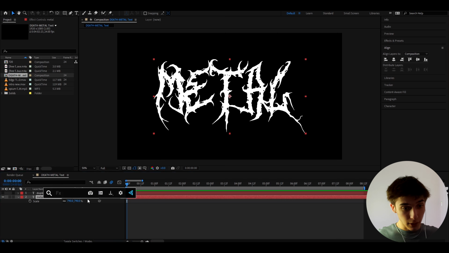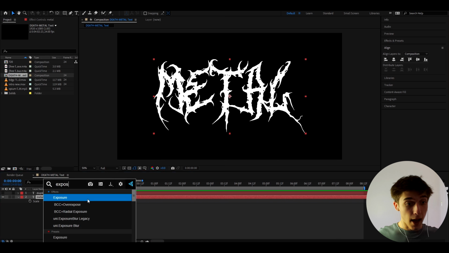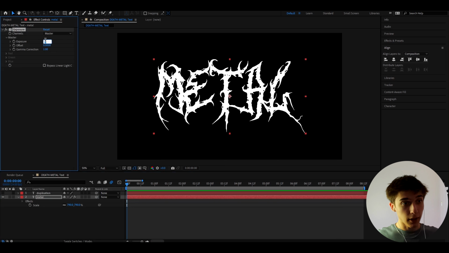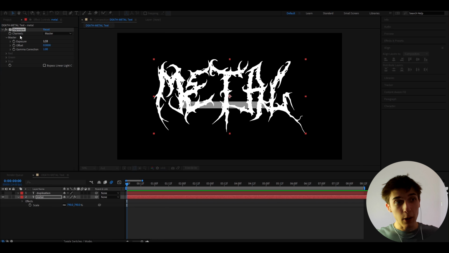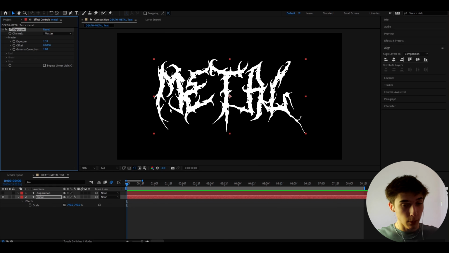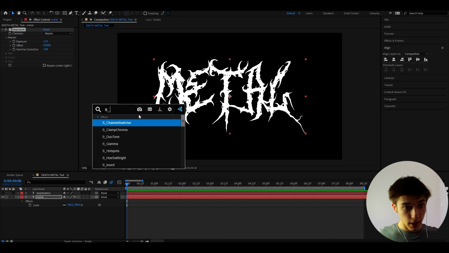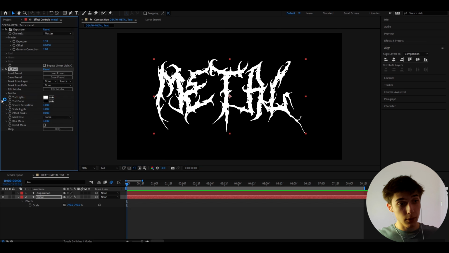And here on metal, the first effect I'll add is going to be exposure. Now why I like to add exposure is to make it even brighter, so I'm gonna make it to 1.33. Now it's not gonna do much like this, but you will see when I start adding effects it's actually going to have an effect. So now I'm going to add S tint, and with S tint I'm just going to